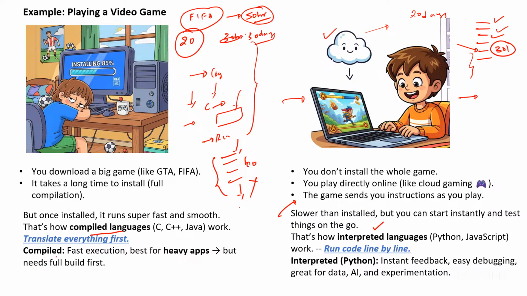Now, if you consider that, compiled is faster execution. If that particular software was installed correctly, it would have been much easier. But heavy applications will use something called a compiled language, where we build everything first. For example, any mobile application, any website, anything where we need to build and then give to the user, at that time we'll use a compiled language. Whereas when I need to do data related work, analysis, experimentation, and I need quick, easy debugging and instant feedback, at that time I will use an interpreted language.